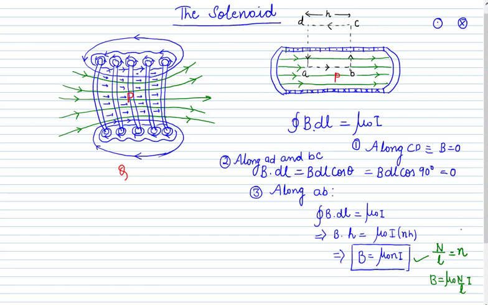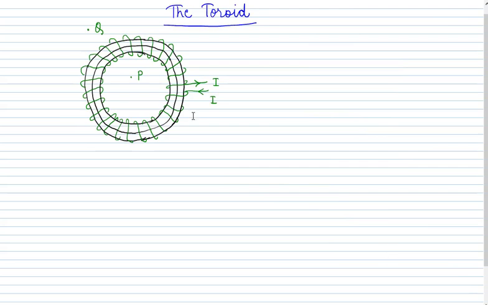So this is just an application of how we use a solenoid to generate a magnetic field, and we can easily calculate the magnetic field. The second application is the toroid. Here you can see a very simple diagram of the toroid, like the solenoid. This toroid is also used to generate the magnetic field similar to the solenoid. The only difference between solenoid and toroid is that here we join both of the ends of the solenoid. If you join both ends of the solenoid and make it into a circular shape,